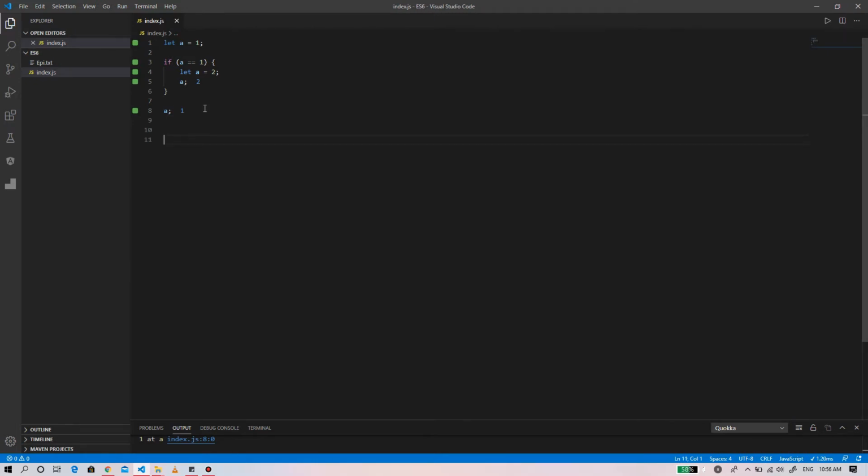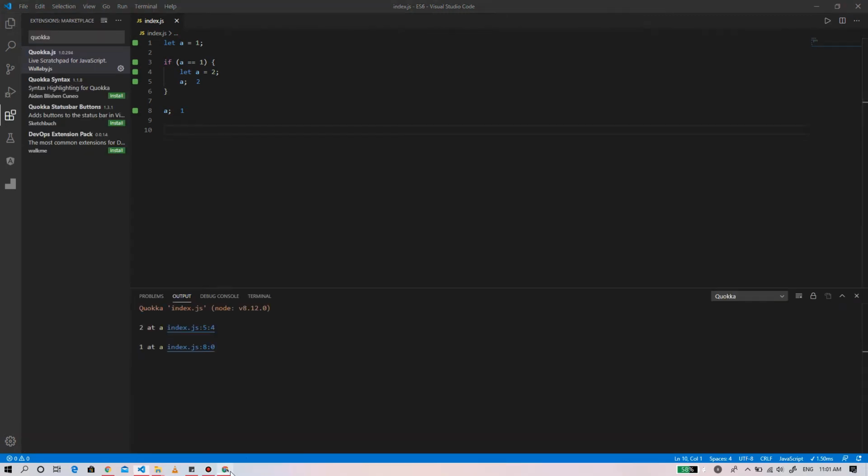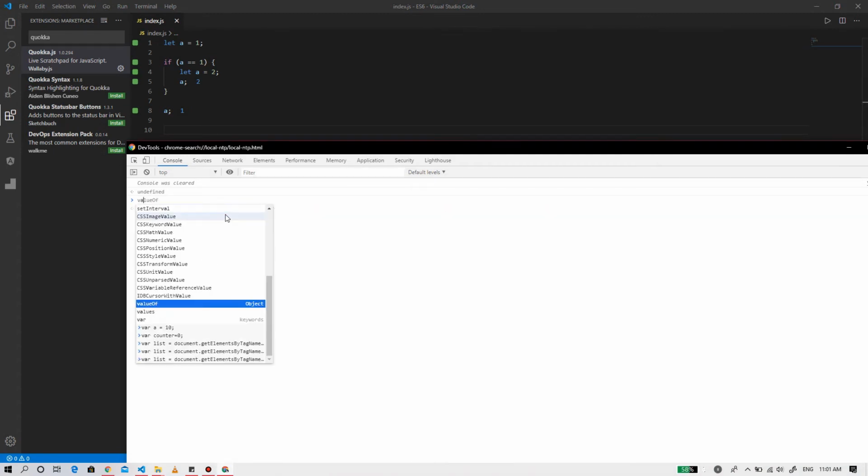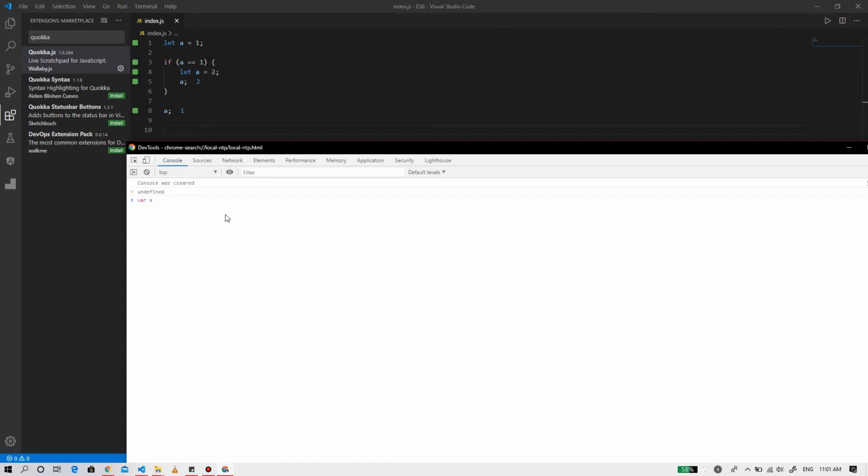Now let's talk about the global object and the let keyword of JavaScript. When we declare a global variable using the var keyword, we are adding that variable to the property list of the global object. In the case of the web browser, the global object is the window. First, let's declare a variable: var x = 10. Then if we console.log window.x, the output will be 10.